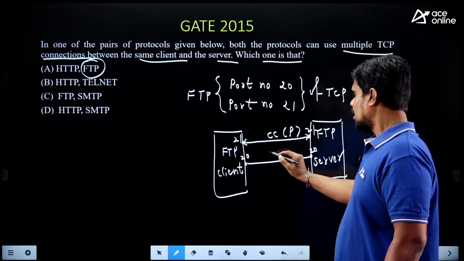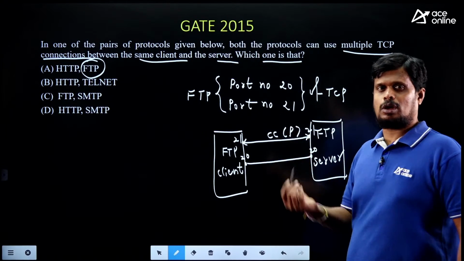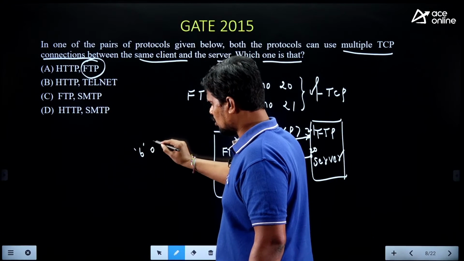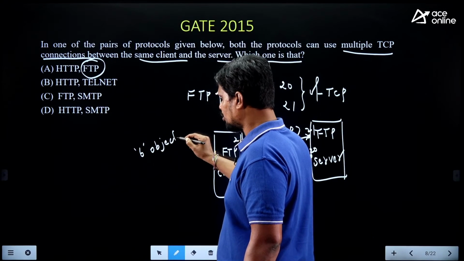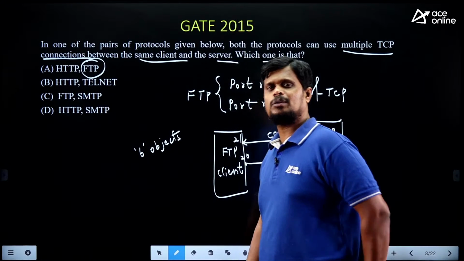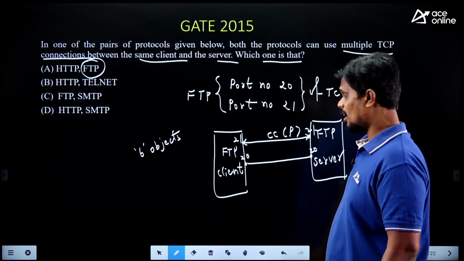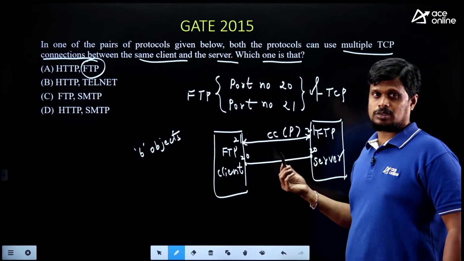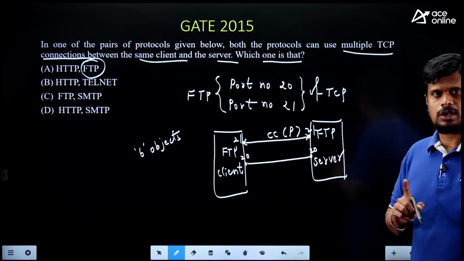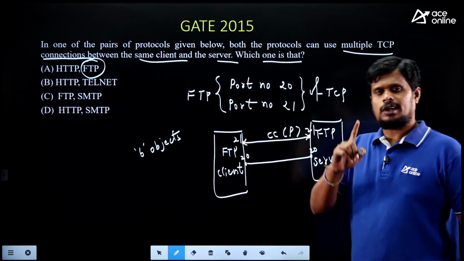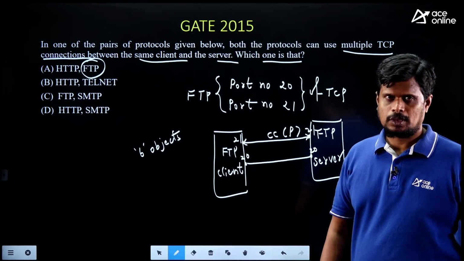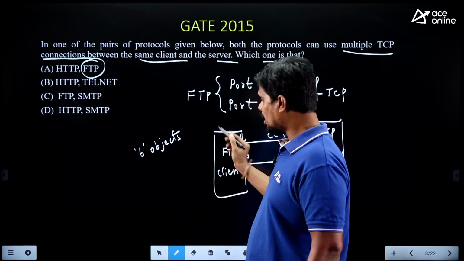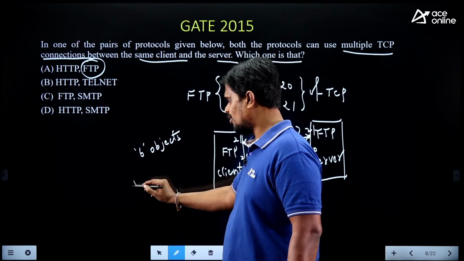So if I have 6 objects to transfer, I require 6 non-persistent connections, because with a non-persistent connection you can transfer only 1 object per connection. So if you want to transfer a total of 6 objects, then the total number of TCP connections